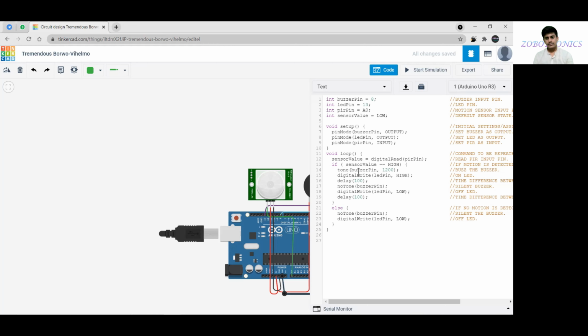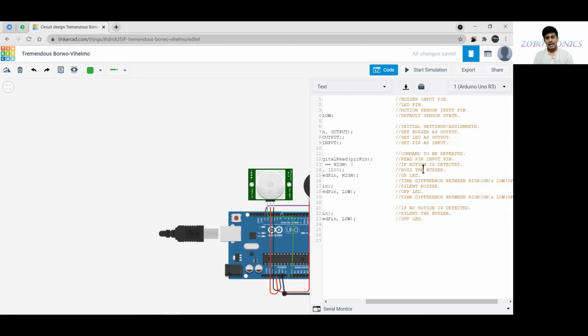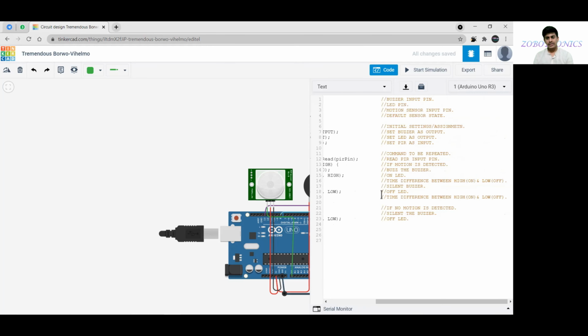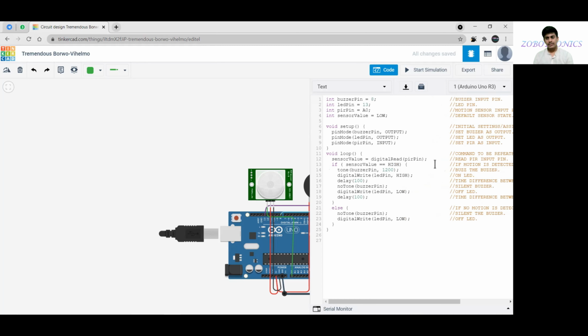And as we have declared here a delay of 100, after 100 milliseconds the buzzer and LED will be automatically turned off. I have mentioned comments over here so that you can read it easily, and I will be giving this code in the description.